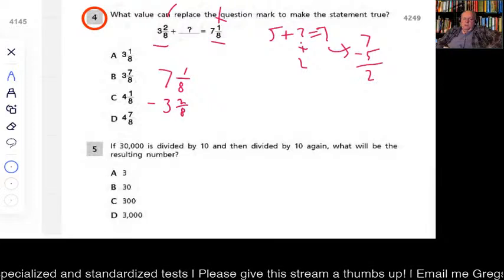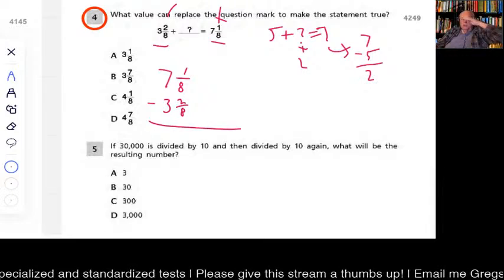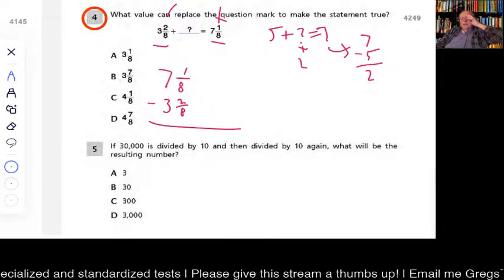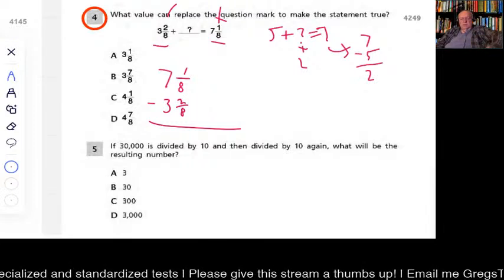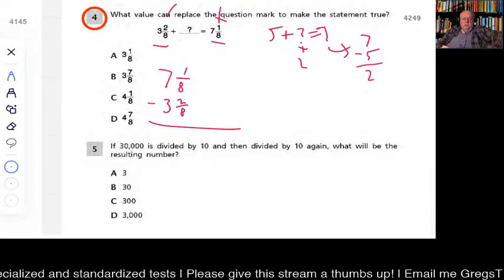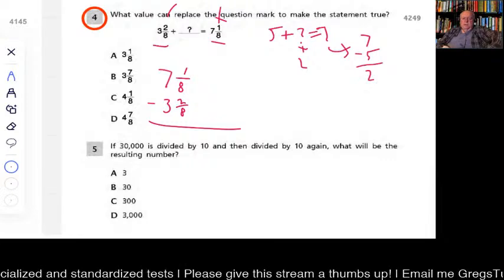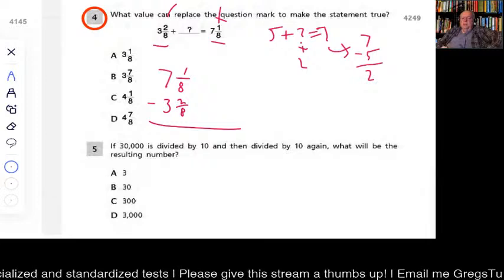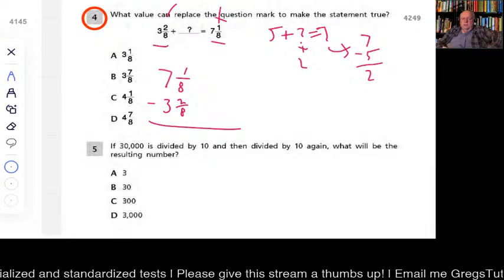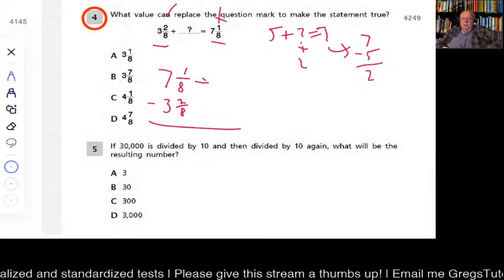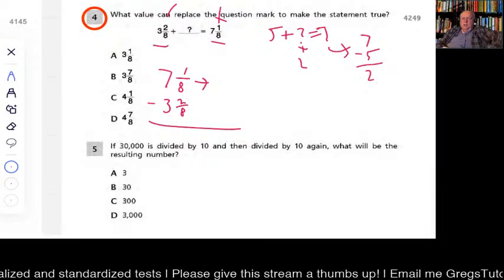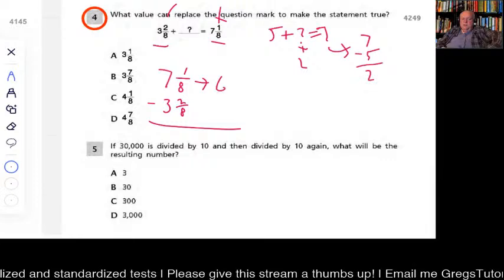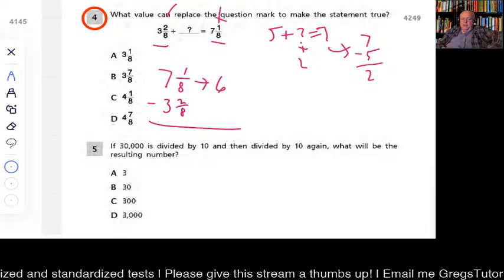Okay, so again, as I'm doing all these problems, there's always multiple ways to do these, okay? So what we're going to do is subtract 1/8 from 2/8. So you can't do that. You can't take it away. So what we're going to do is rewrite this. We're going to borrow a whole number from this. So we're going to have 6, right? And if I have 8/8,